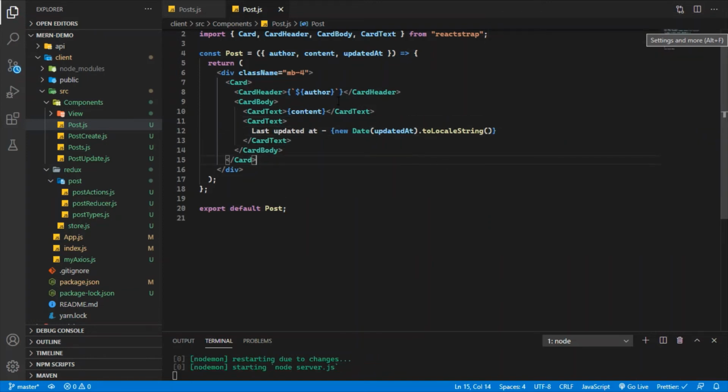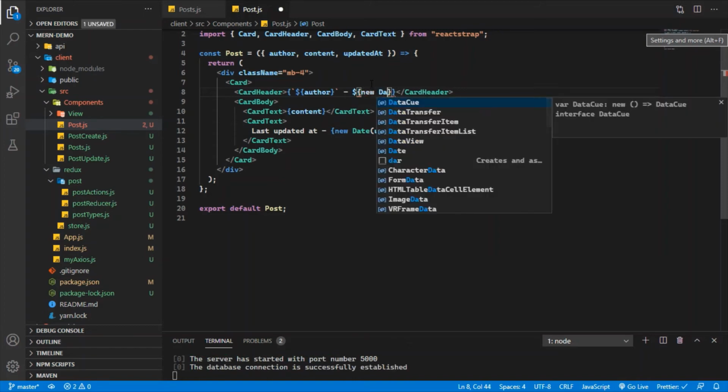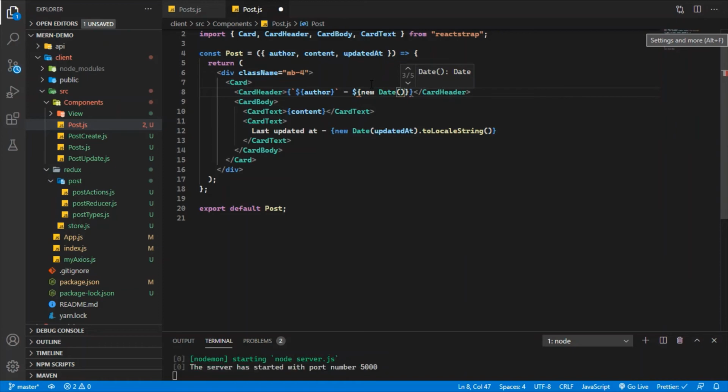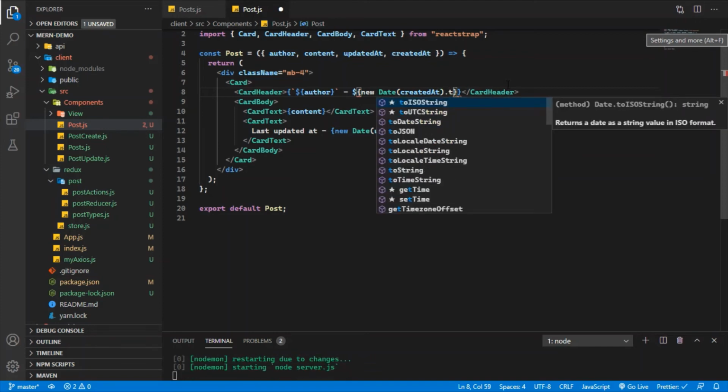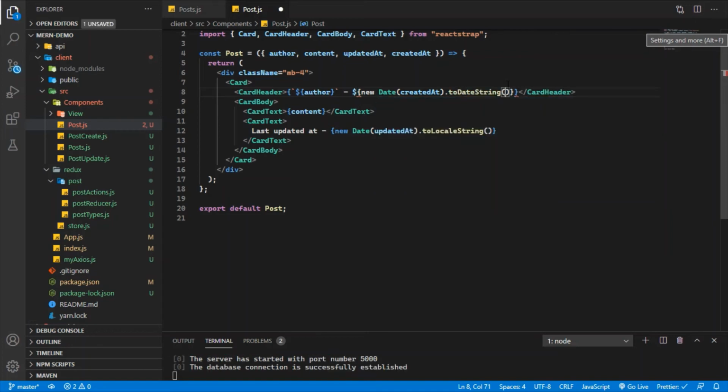And also in the author section we can do this, so in this section we can use curly braces, and here also new Date, and from here I'm going to fetch created at from the props, and like before we are also going to invoke toDateString.